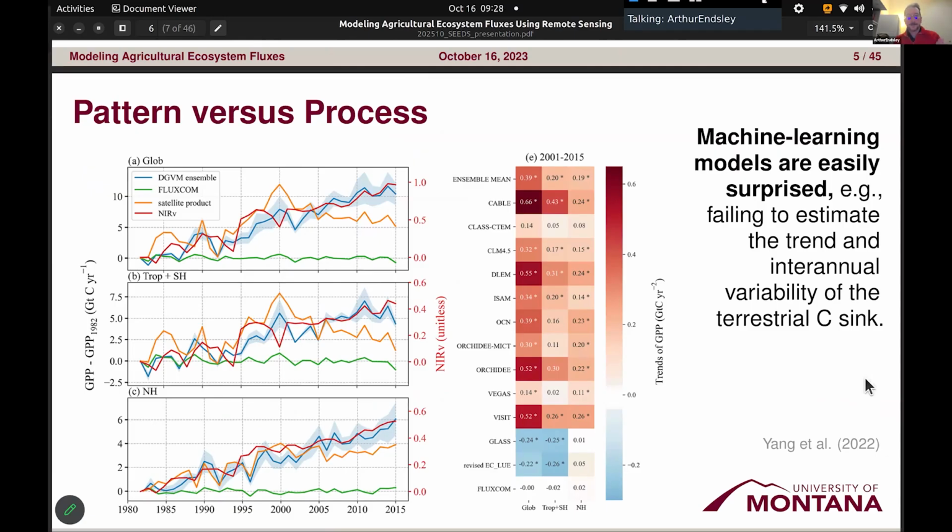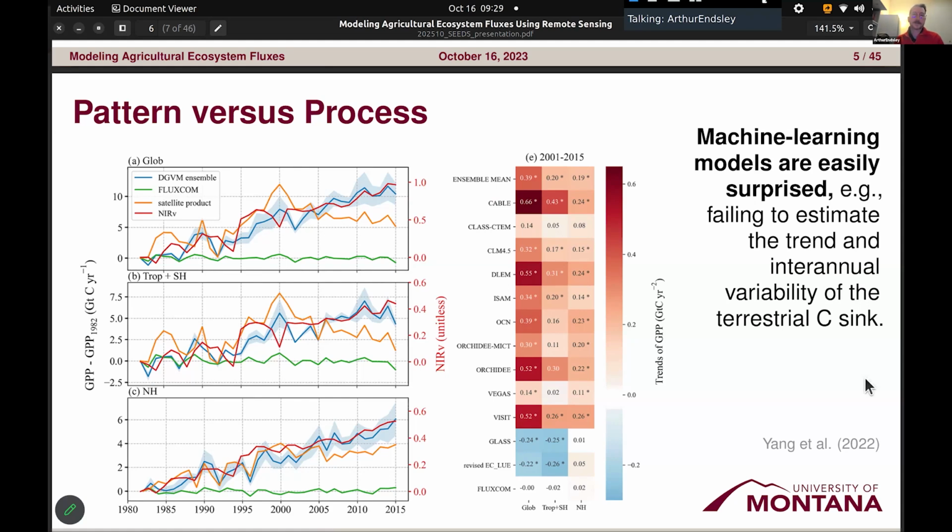And what you'll notice from that left-hand series of plots, those 3 time series plots, is for most of these approaches, a satellite-based index or an Earth system model or land model or dynamic global vegetation model, we do see an increase in gross primary production over time. And this is consistent with what we know about terrestrial ecosystems, about CO2 fertilization, about global greening. But you notice there is a flat line in those time series, and that is the one machine learning product that was included in this analysis.